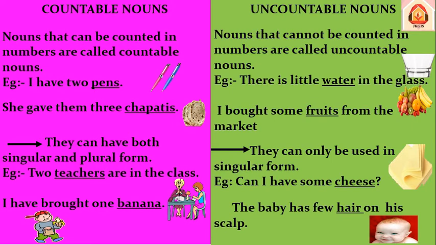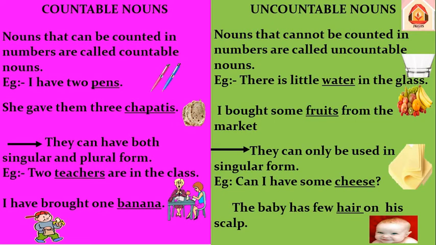Example, there is little water in the glass. We cannot count how much water is there, but we can tell the approximate quantity, whether it is enough, full or little. So, there is little water in the glass. I bought some fruits from the market. We cannot tell the total number of fruits we brought. We can tell the number of types of fruits we have brought, but we cannot tell the number of